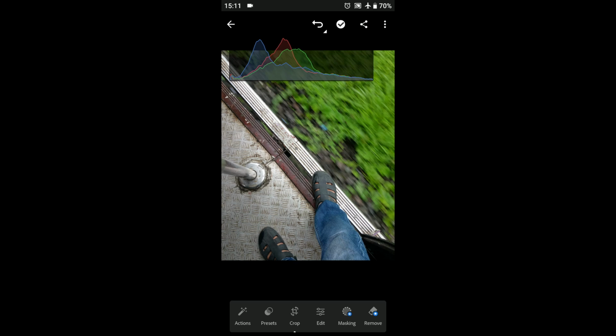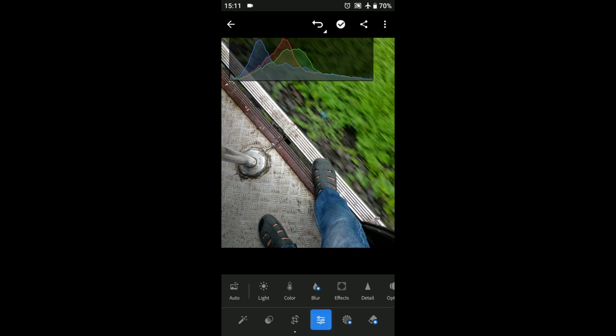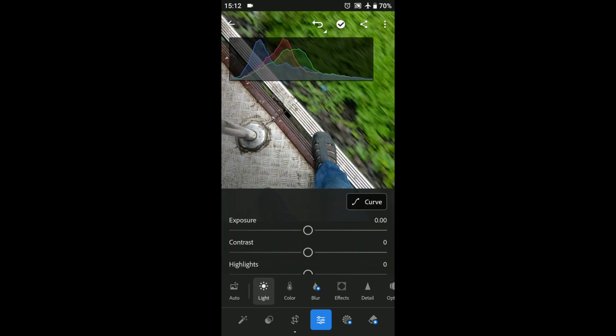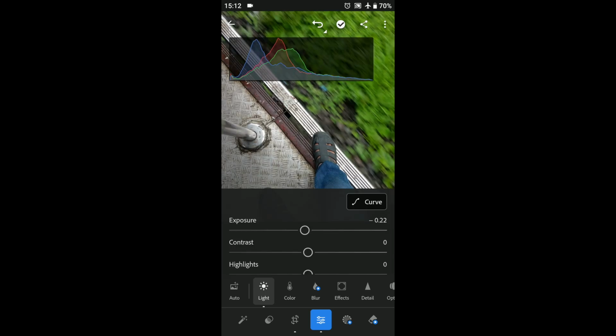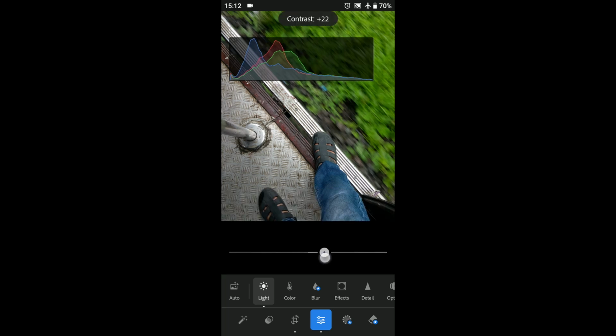In order to do that, on the bottom you can see there is an edit tab. Click on the edit tab, and in the edit tab there is a light option. So first we will work with light. Click on light, and first of all we will work with exposure. For exposure I will go with like minus 0.15 to minus 0.20. Okay, this is good. Minus 0.22, and I will increase the contrast to plus 45 to 50,